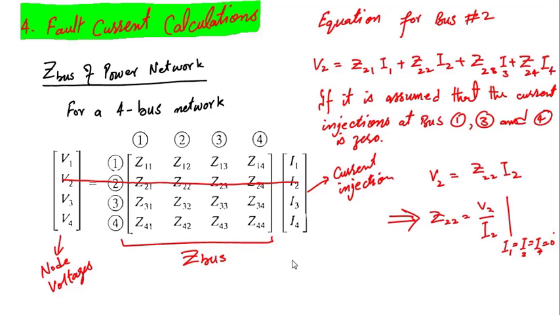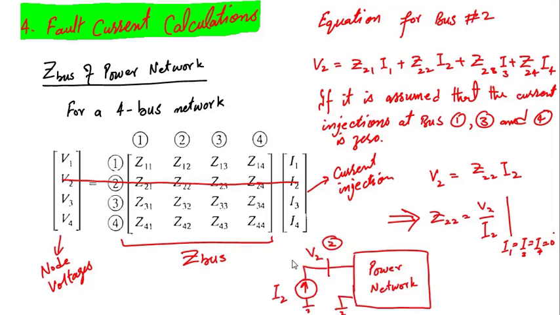If I explain this further, this is equivalent to this circuit. Look at this circuit. We have the power network that consists of 4 buses. I have shown only bus 2 over here. This is a completely passive network. Only branches are there. The impedance is connected between nodes. There is no source here except for bus number 2. At that bus we have an external current injection of I2, which I have shown with the help of a current source. This current injection is between node 2 and reference. So this current I2 has been injected into the network.